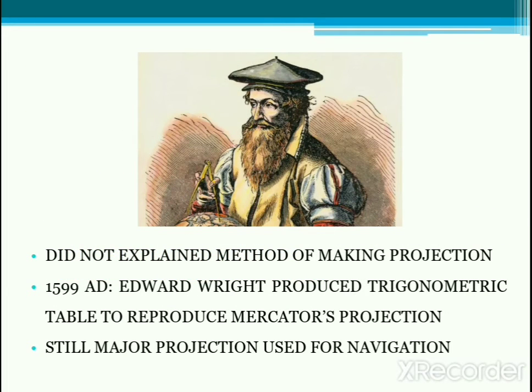Despite all these efforts, Mercator did not explain the method used in making his projection. He also ignored preparing the coastlines in the map carefully. Hence, his map was not widely accepted as most of the navigators were not trained in mathematics. It was only in the year 1599 that Edward Wright produced the trigonometric tables that made it possible for other people